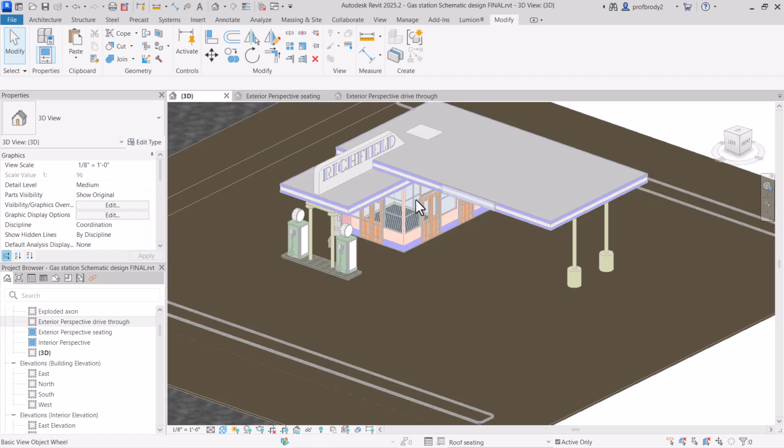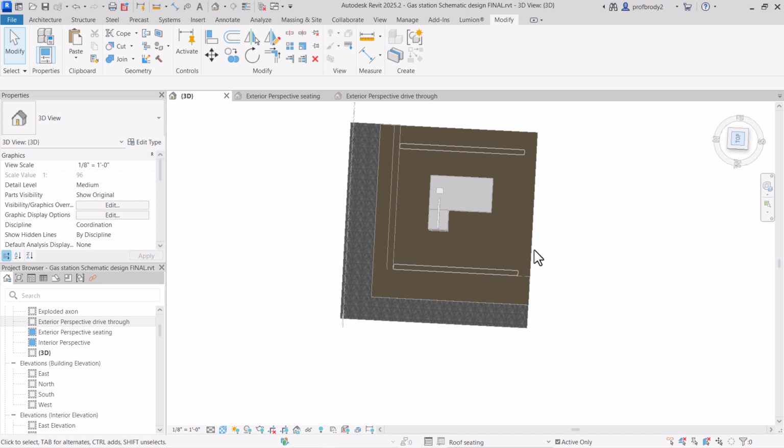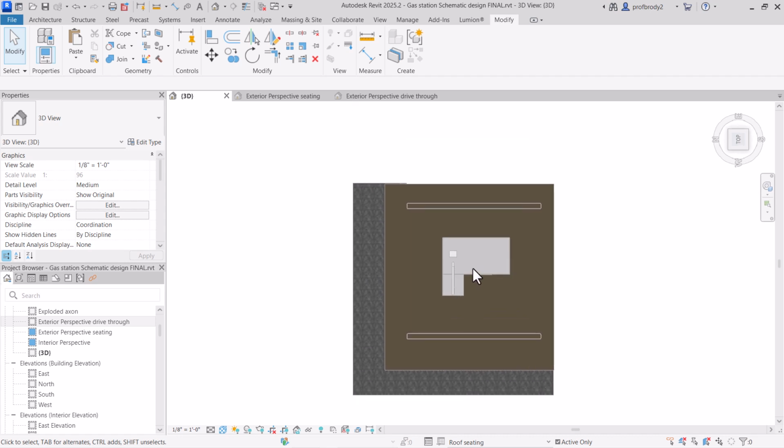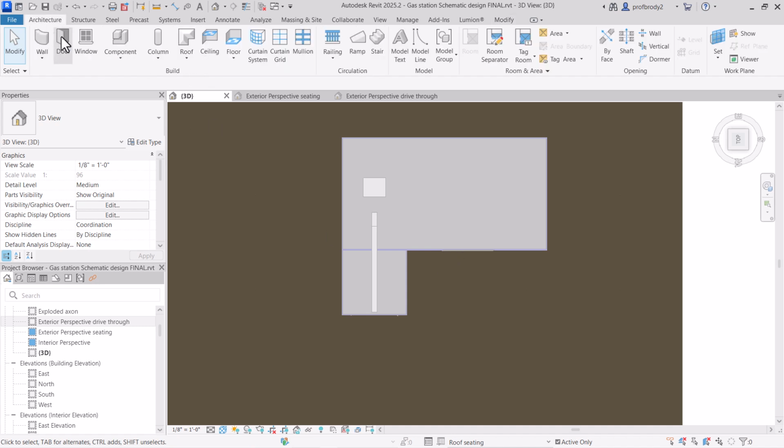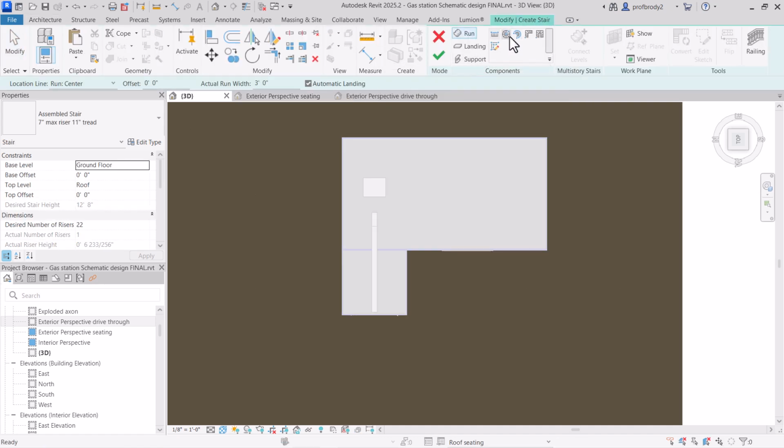And I just want to show you one other feature of this, which is, let's say I wanted to have this roof seating option. You can have more complex elements as part of your design options. I've made this the roof seating option, and here let's just go and we'll create some stairs up to the roof. Go choose the stair option, and I don't know, let's draw like a full step spiral stair, draw it like so. Let's make it so that it lands more or less at the roof,